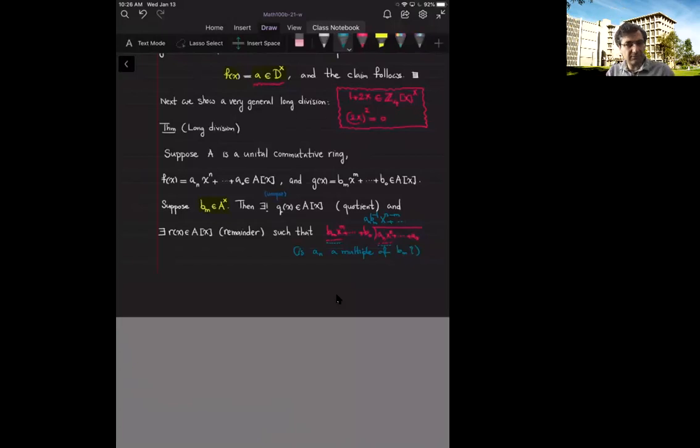Okay, now let's go back to the statement and we are going to make it precise. So again, I'm given two polynomials with coefficients inside a unital commutative ring. My assumption is that the leading coefficient of G is a unit. Then there is a unique pair, there are unique Q and R. Q we call a quotient, or the quotient because it's unique, we have to prove though. And R that we call the remainder,